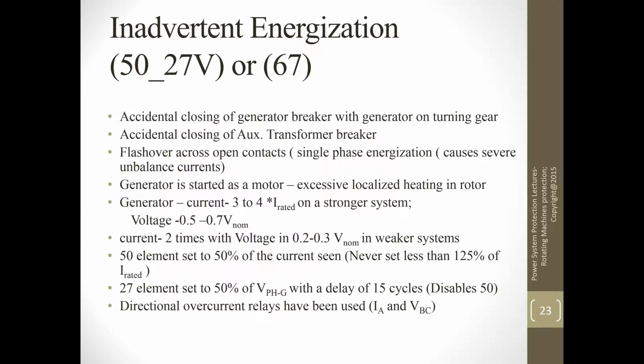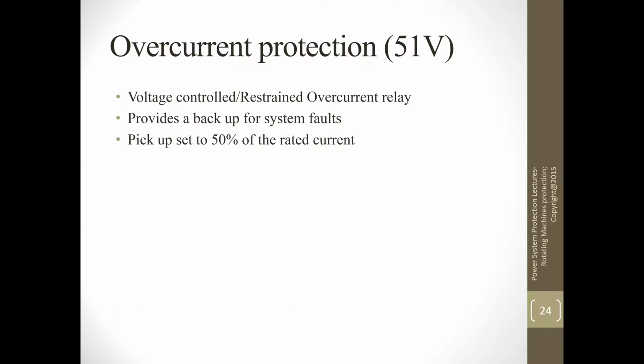It disables the 50 element, and directional overcurrent relays have been used with IA and VBC in the previous cases. That is 67 here, as it is mentioned. I know that we are going through this very fast, but I just wanted to inform you that there are various protective functions used on the generator. It is a lot more than any other protection we have covered so far. So I just wanted to introduce you to it, and then you can go back and look at C37.102, the applicable generator